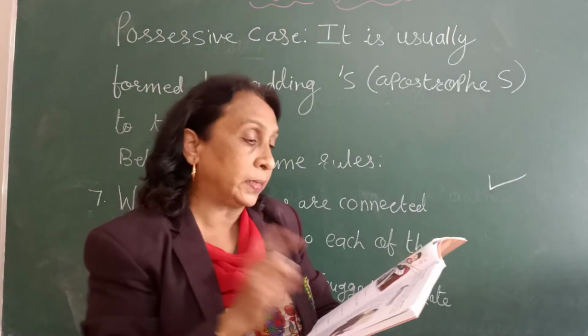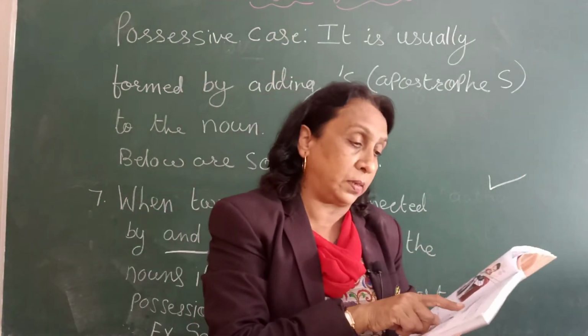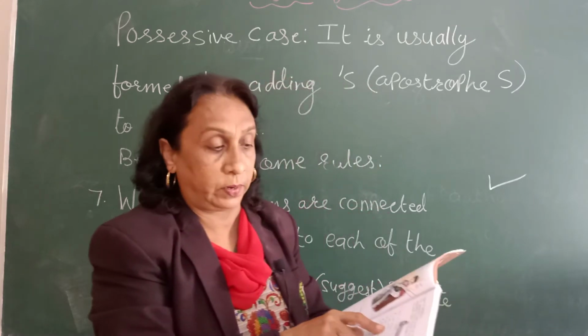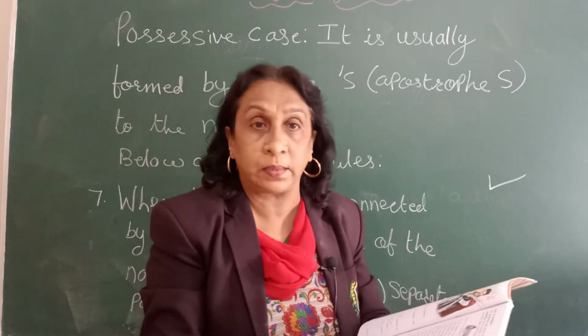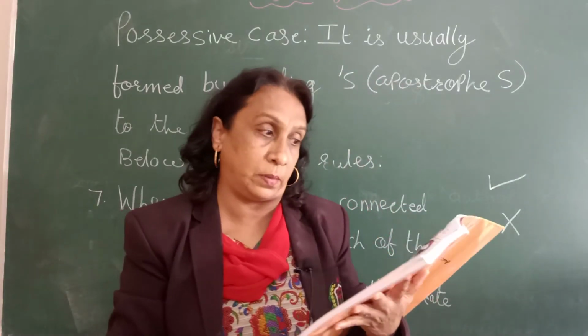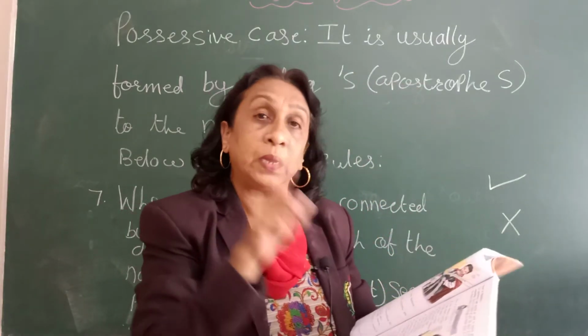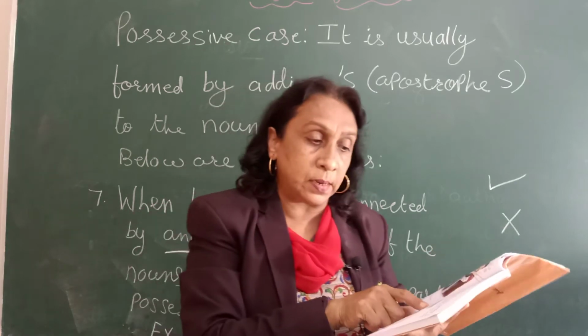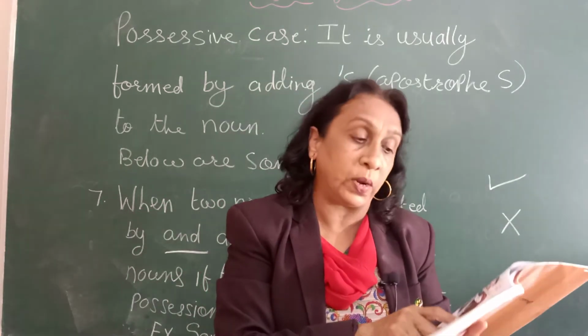Okay. Now look at the second. The month's last day, where apostrophe is given after H. It is not a correct phrase. So just put a cross mark over there. A.R. Rahman's music is a correct phrase. The month's last day is not a correct phrase. Now look at the third one.